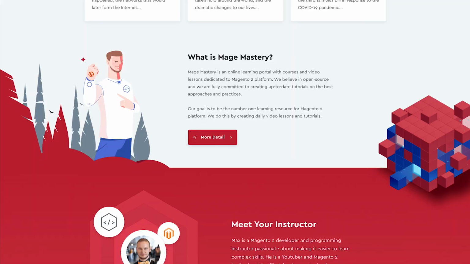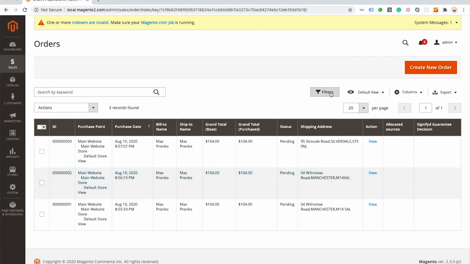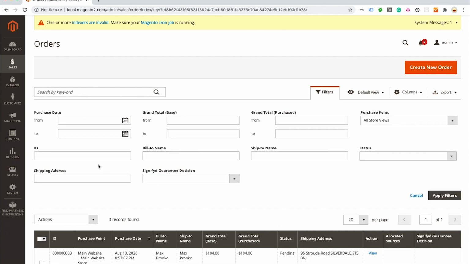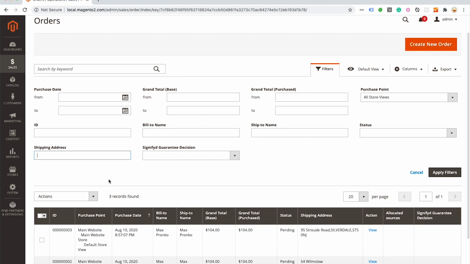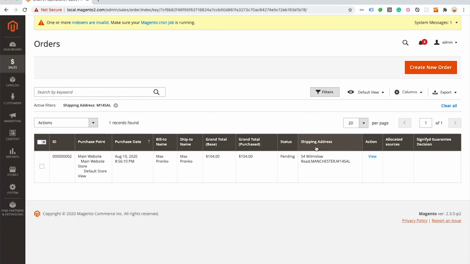Out of the box, Magento does not allow filtering and giving the same results for similar postcodes, like with and without a space. For example, if we use the shipping address field, and if I insert a postcode and hit apply filters, it will show me only a single result.